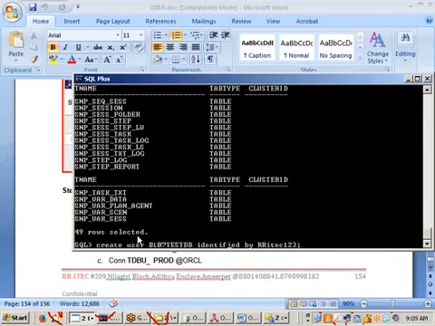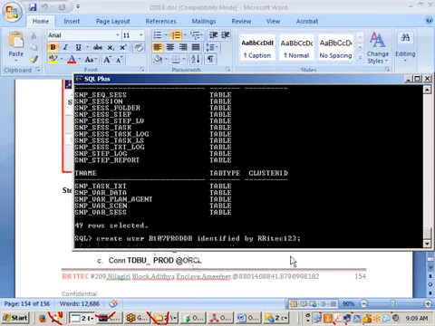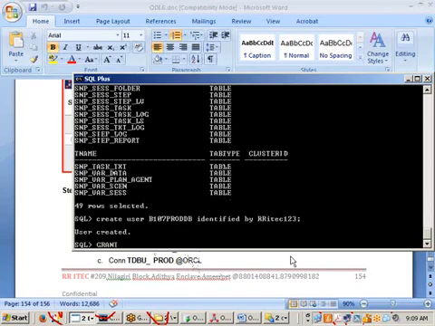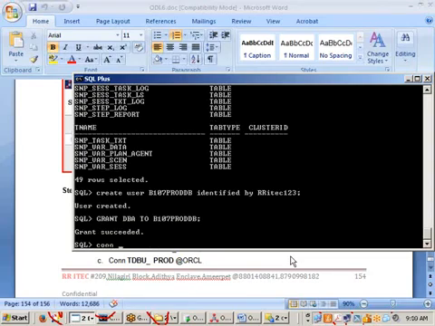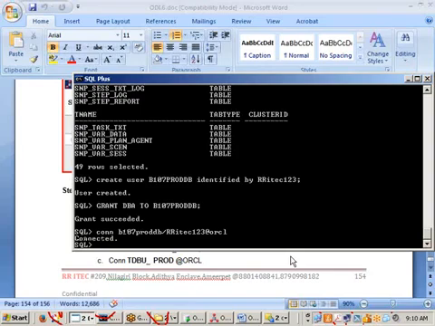Create user B107. B107 prod DB identified by RRITech 123. Then grant DBA to B107 prod DB. Then connect B107 prod DB, RR capital at a small 123 at the rate of RCL. Now at the rate of